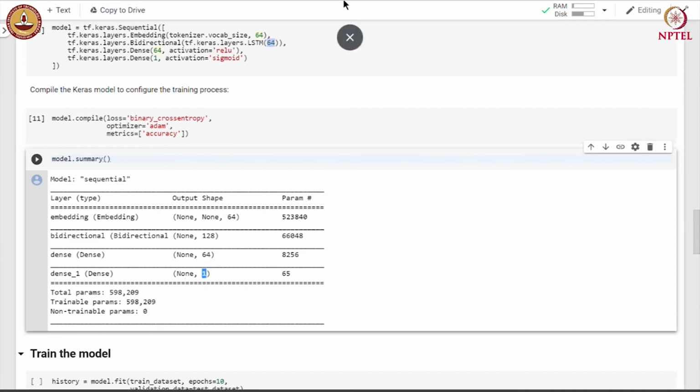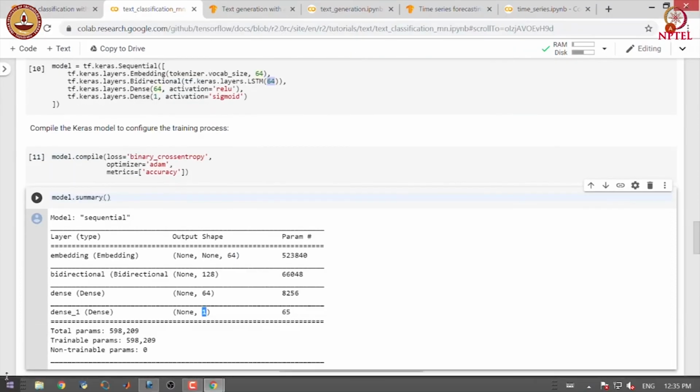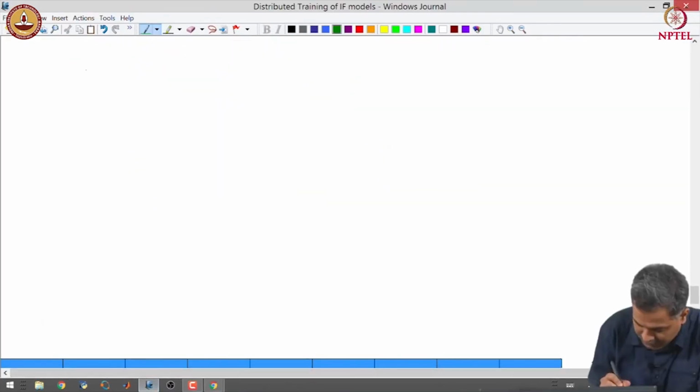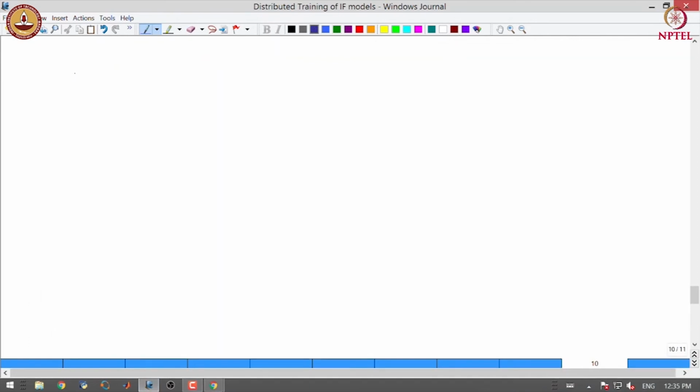Let us look at this architecture through the illustration. So, we start with text. We have embedding layer followed by bidirectional LSTM followed by a dense layer and one more dense layer, which is an output layer.